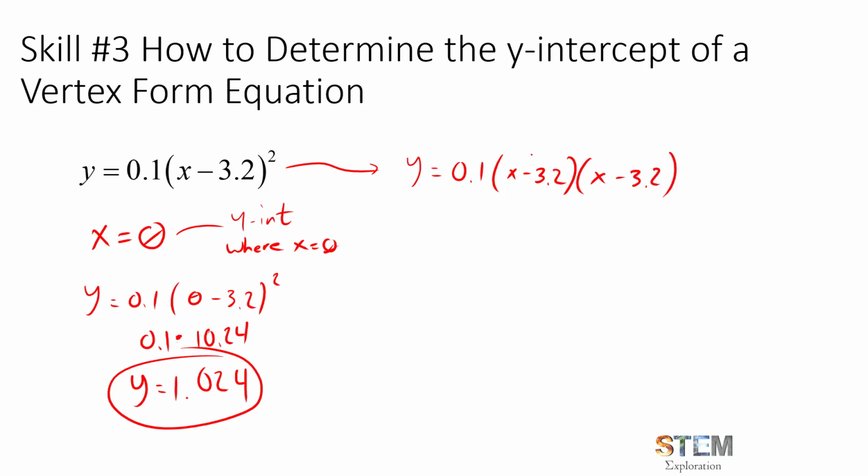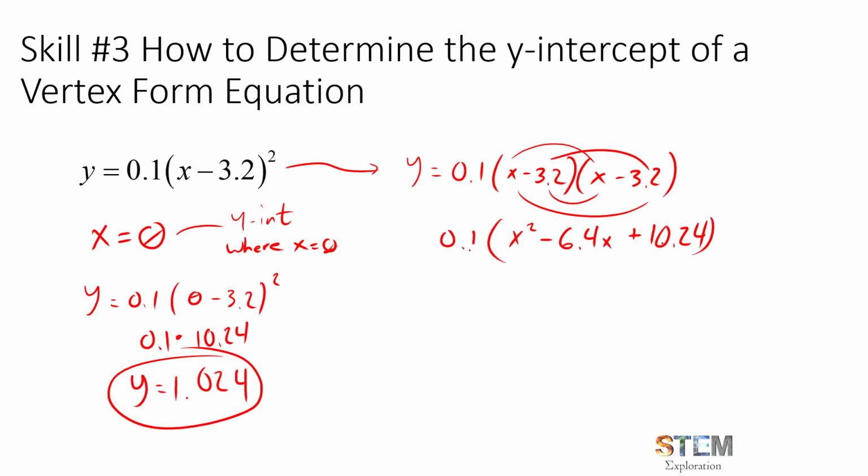And what you'll find is that if you go and FOIL out these two halves of the equation, do firsts, outsides, insides, and lasts, you'll get x squared minus 6.4x, and when you multiply the 3.2 and the 3.2 just like you did down here, the positive 10.24, all multiplied by the 0.1, and the standard form equation for this would be 0.1x squared minus 0.64x plus 1.024. In there, you would have your c term, which is also your